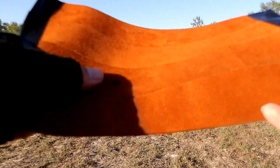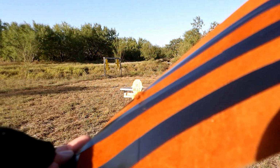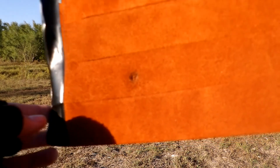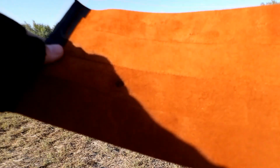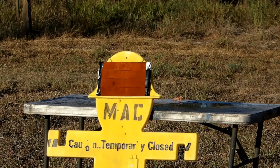Alright, so it went in right there and it punched straight through. So just what I would imagine the 380 would do to it. I don't know what I was hoping it would do, but I see the results. Alright, let's go at it with the buckshot. Alright, I'm kind of scared I'll miss because I was aiming high again, but...